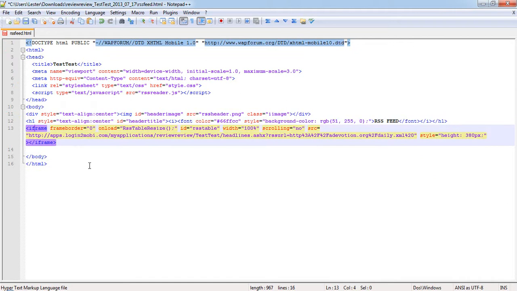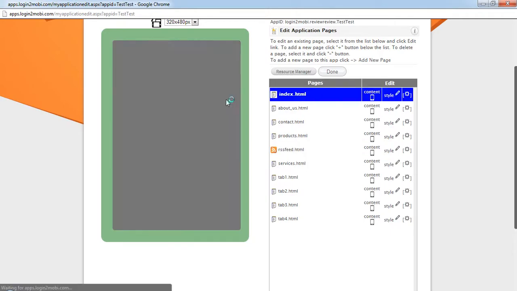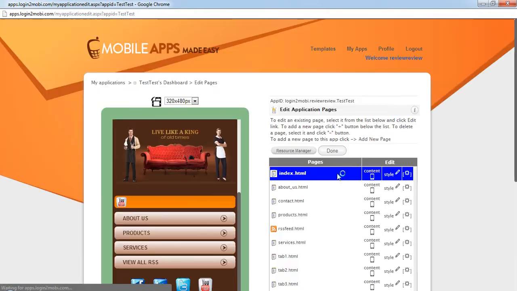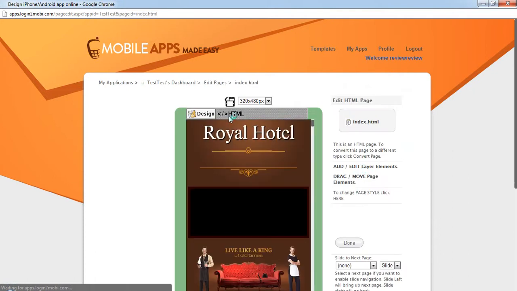Make sure you check the iframe. All we need is the iframe. Now, set that aside first. Make sure you set the iframe aside and go back to apps. Now, for example, since I want it to be added above the RSS, just go to your content and after it loads, go to HTML